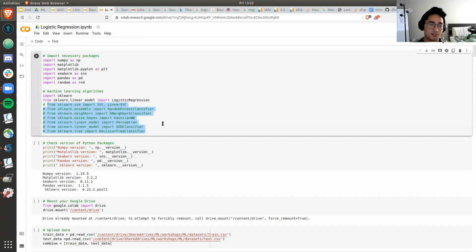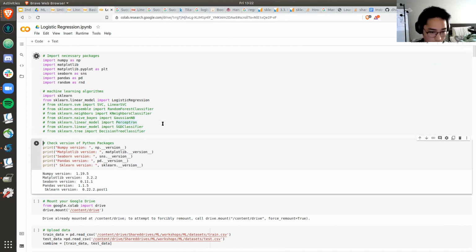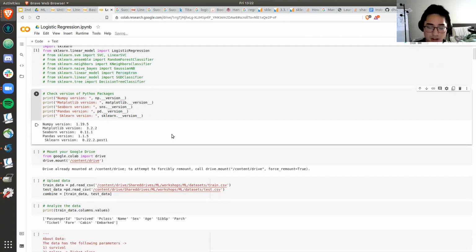All right, so there's actually a lot more going on in this program. So again, let's import our necessary packages. If I'm going too fast, please stop me. Import your NumPy, Matplotlib, Seaborn, sklearn, etc. Know what version you're working with, because sometimes the newest versions will deprecate the functions from previous versions, which is a big no-no.